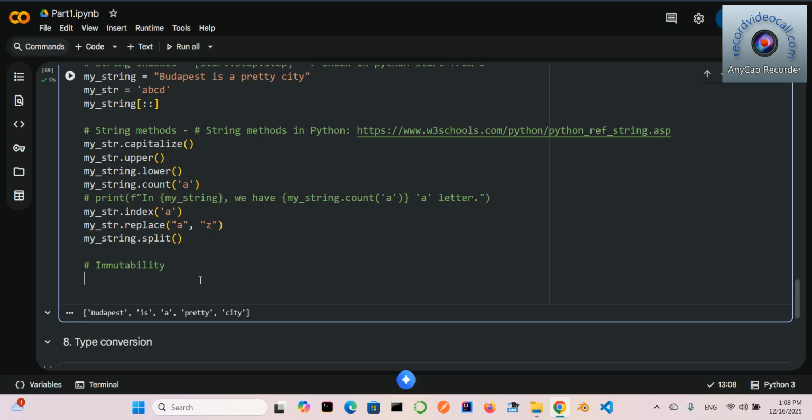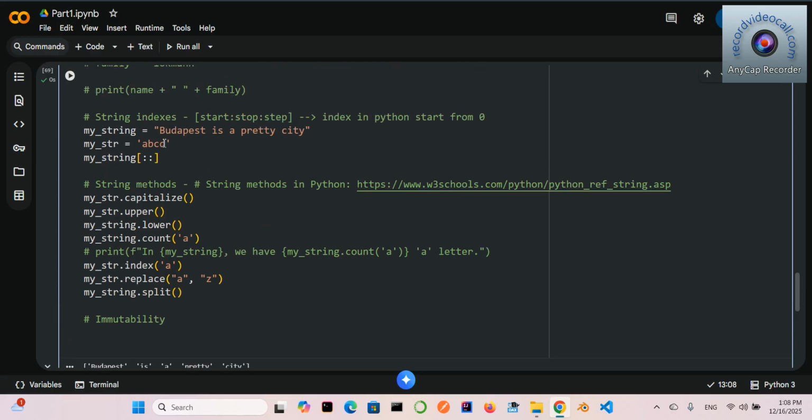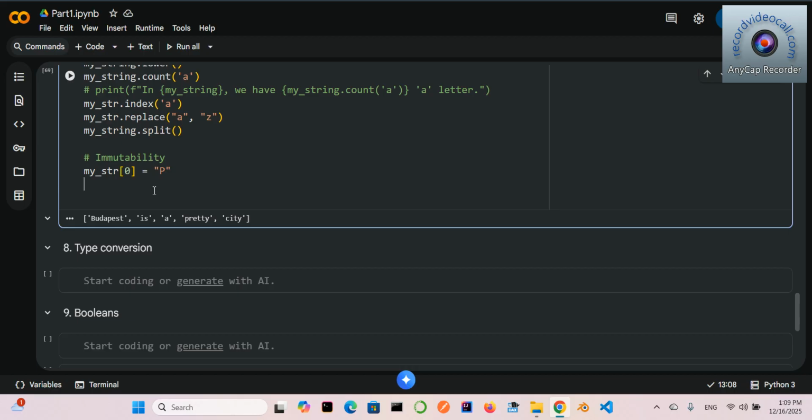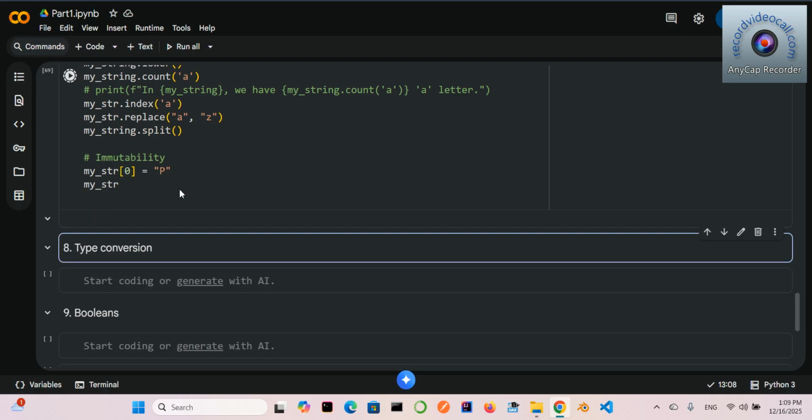What about immutability? In Python, when we talk about immutability, it means whether we can provide modification inside of the specific data type. So here is a string, and the question is whether I can change it, whether I can actually provide some change inside of that. For example, just consider the my str here, and in my str, I want to change the first index again to p. Sorry. And this is the mutability. It means the string lets me change the indexes. And that is so important because in some cases we really need to change some indexes. And now if I change that and just print my str,